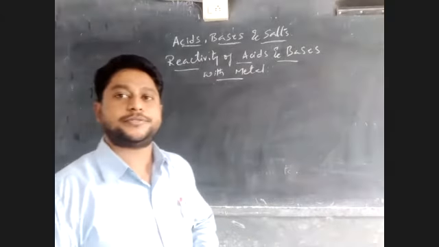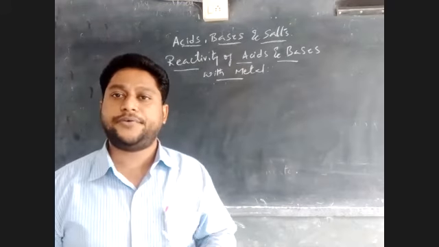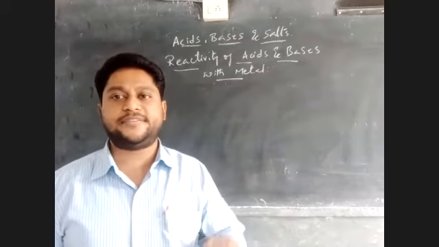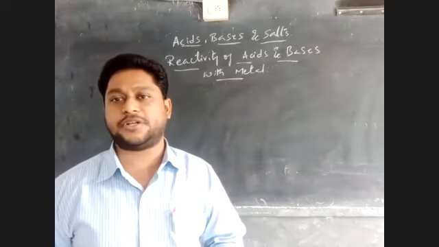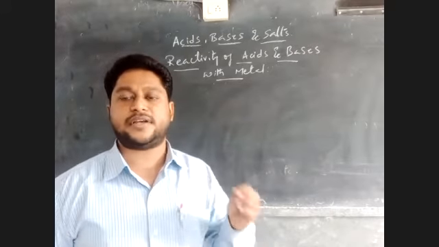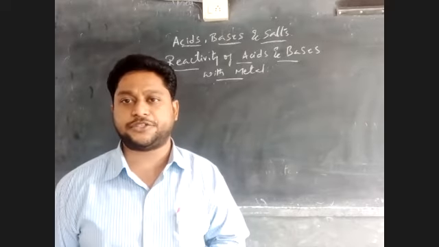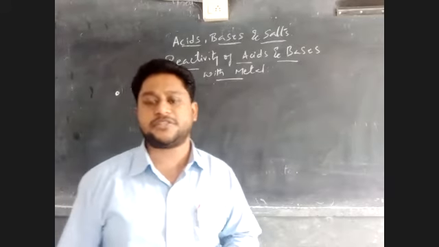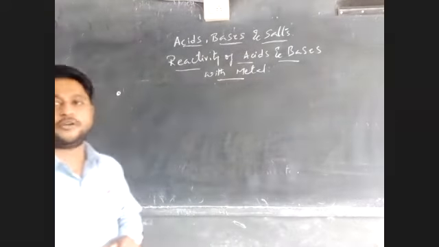Yes, dear students. So till now we have learned how acids and bases react with metals. If they react, what is going to happen? Formation of salt and hydrogen gas. We have observed the evolution of the hydrogen gas with the diagrammatic representation. Now let us look at the important question that we get from this reaction. So the question goes like this.